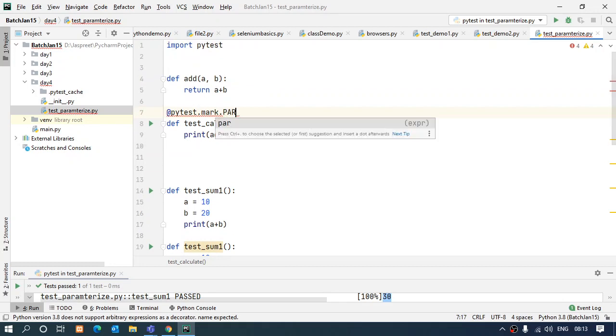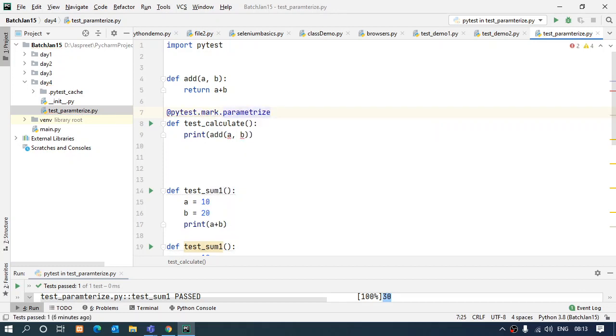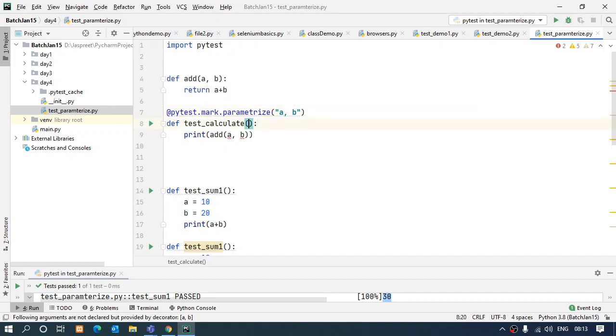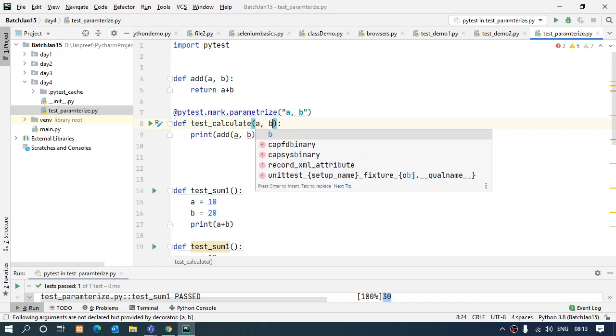Then I'll say parameterize. Here it comes. Right. Now to this annotation we pass two things. First is the thing that we are going to pass to the test case, the values. We are going to take two values and pass them on, and the same will be coming up over here.